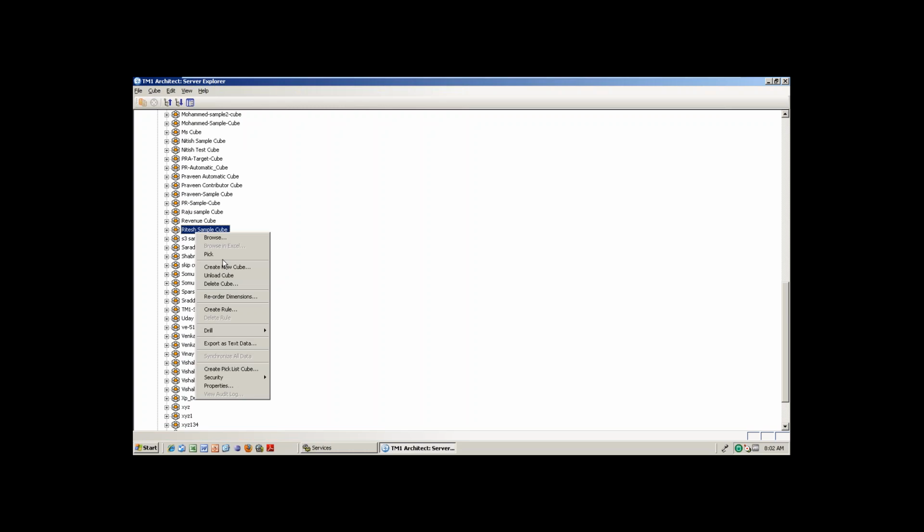This is the only important thing of your entire TM1, because in TM1 if you know how to write a rule and how to use the Turbo Integrator process, most of the things is done. Okay, so it is the main thing actually.